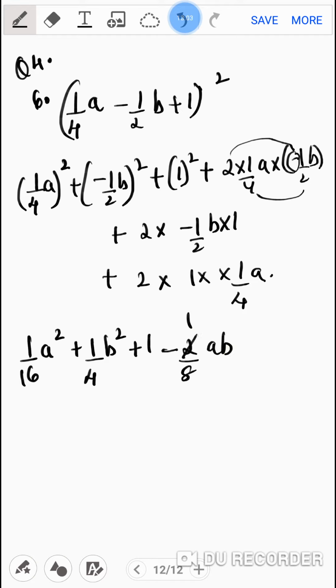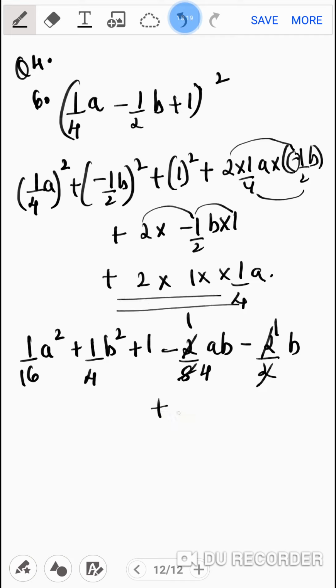Yes, you can reduce it also. Then you have, can you see, there's a minus sign again. So I have to put here minus 2 upon 2b. Yes, you can reduce and write 1. Now in your third it is plus. So I'll put plus 2 upon 4a. You can reduce. Isn't it easy? Yes. Question number 5 will be taken in my physical class.